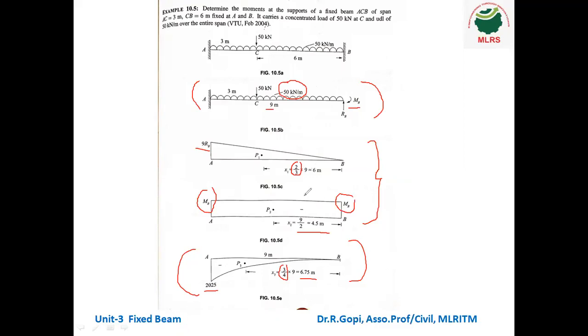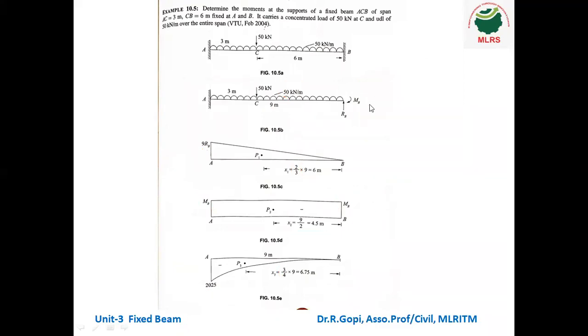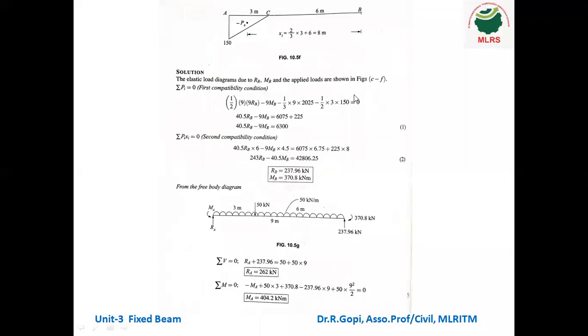So we drew 3 diagrams. So one more diagram is there. That is for point load. Okay. So the fourth diagram, it is for point load. Since a point load is acting, the bending moment diagram is a triangle. So force into perpendicular, 50 into 3, it is 150. So the corresponding distance from A, it is 8 meters.